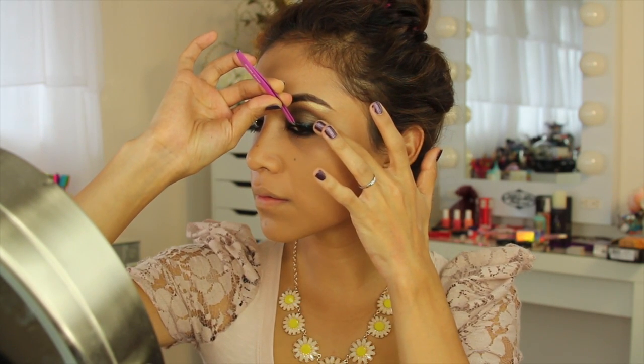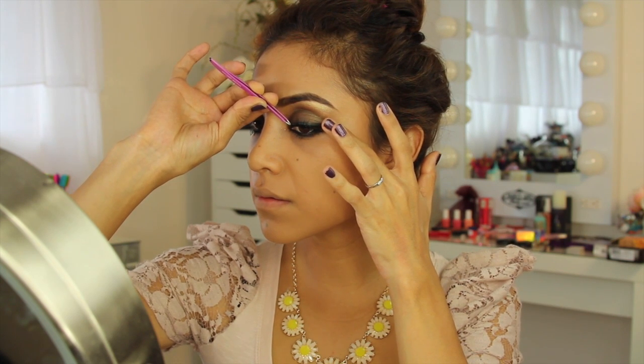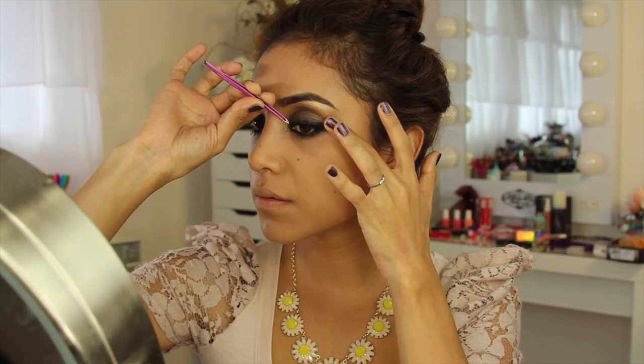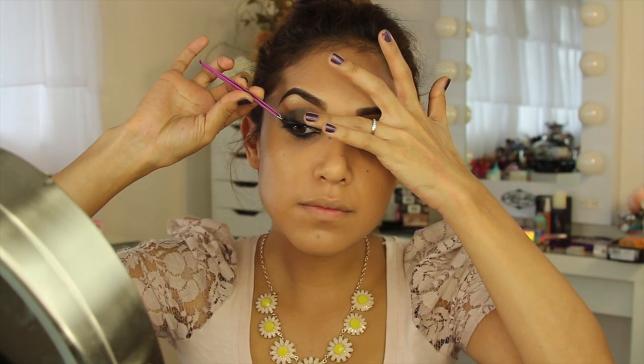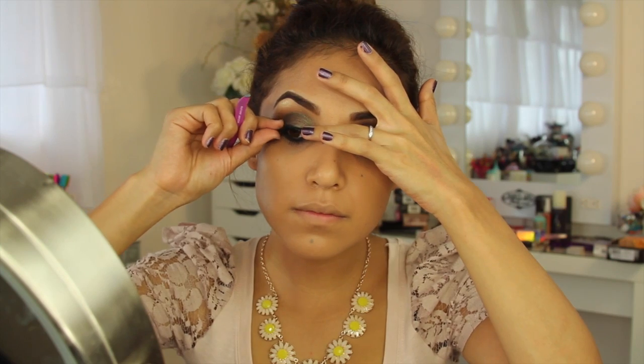Now that the glue is ready, I'm just going to pop on my lashes. These are Lily lashes, and they have a really nice curl and flare. I mean, with the smoky eye, you can definitely have a lot of fun experimenting with bold lashes or even subtle ones. So I'm just going to pop these babies on, and then I'm going to move on to